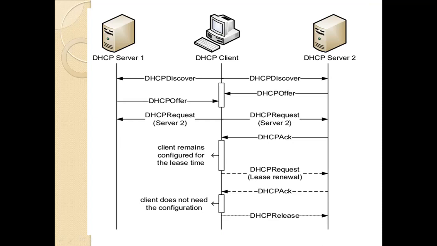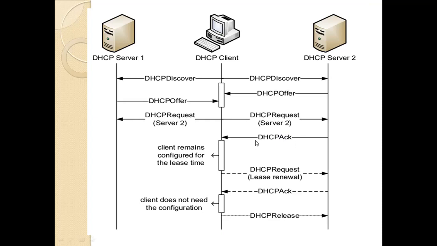So how is a system connecting to the server? There are multiple servers. The client wants to communicate, to send a data packet. So first it wants to establish a path. To establish a path, first it sends a discover message to the servers. The servers send offer messages to the client, and the client sends a request message to the server, and the server sends an acknowledgement.